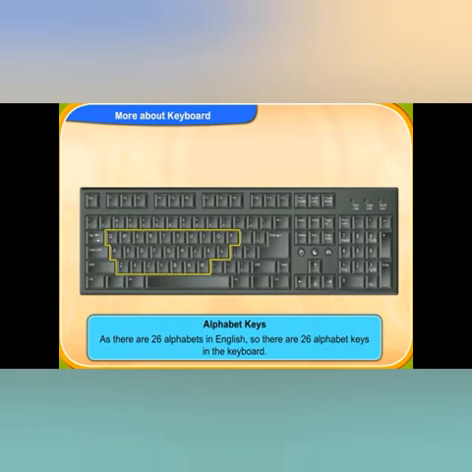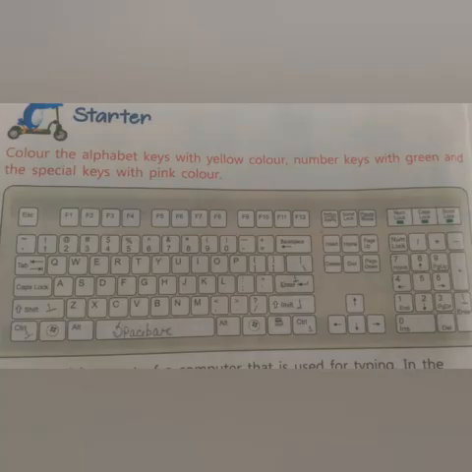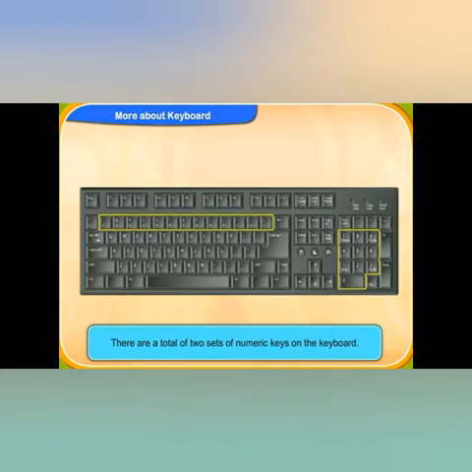Here in the picture, you can see all the alphabet keys inside this yellow border. So you have to color them with yellow color. Clear? So in this picture of the keyboard which is given in your book, you will color the alphabet keys with yellow color.